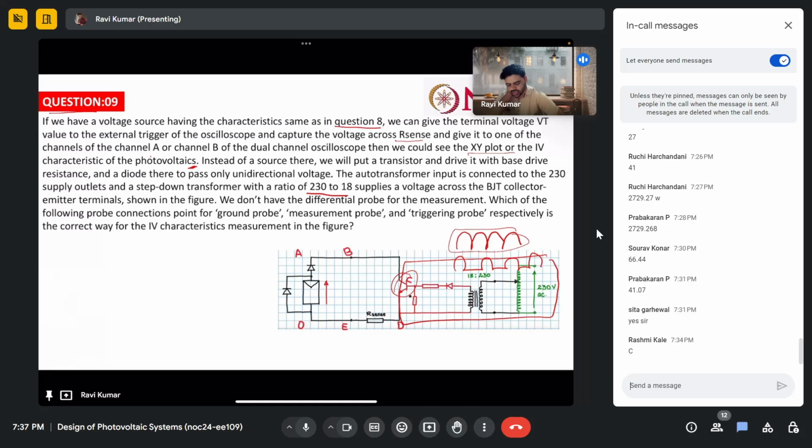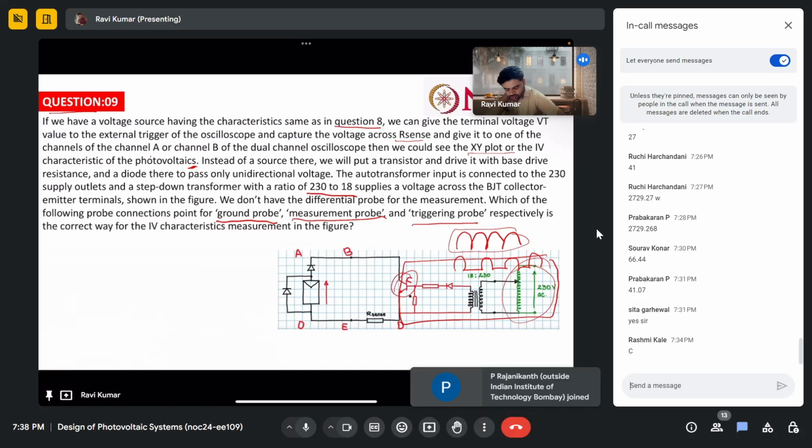It is just saying about this circuit with BJT collector emitter terminals in the figure. We don't have a differential probe for measurement. Which of the following probe connection points for ground probe, measurement probe and triggering probe respectively is the correct way for IV characteristic measurement? It is just asking where should be the ground, at point B, A, D or E